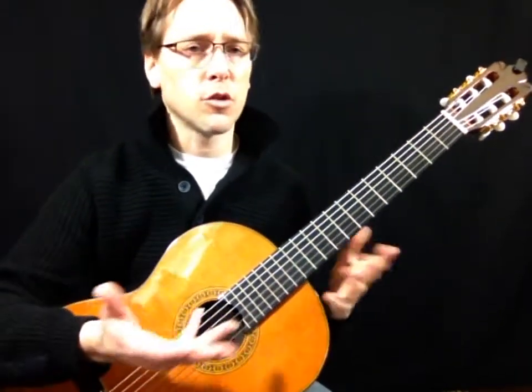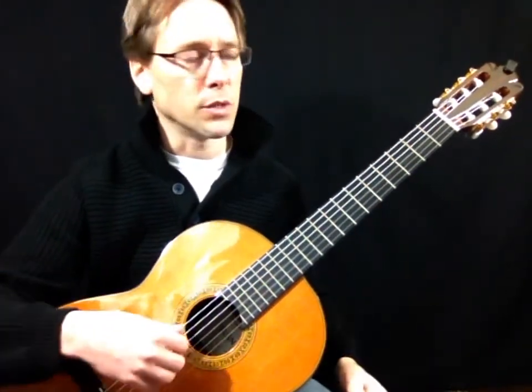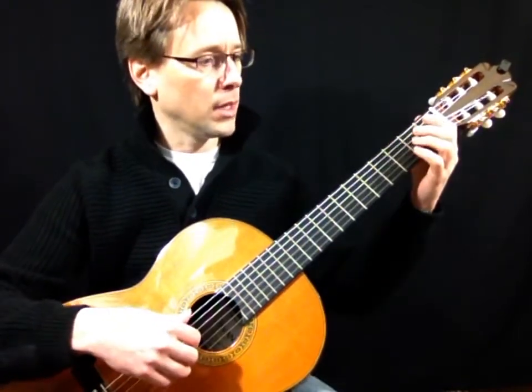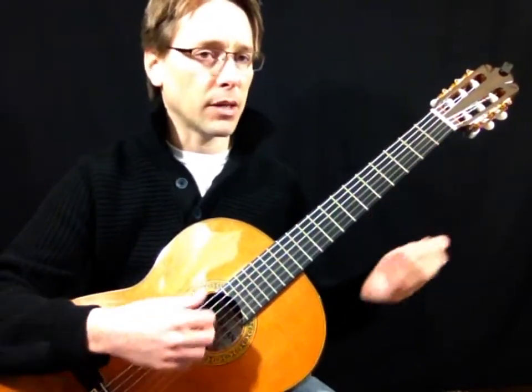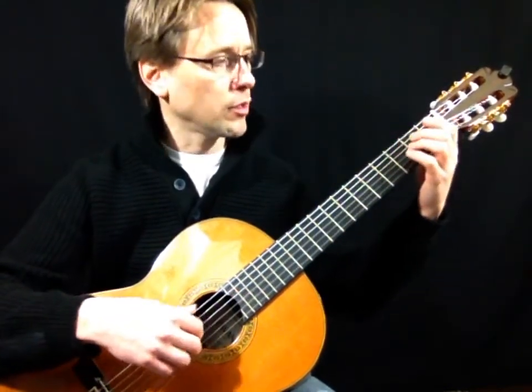So again, it's not super hard, but it sounds really nice if you speed it up a little bit, and everybody knows it, and it's such a nice little famous song to play. It's a good warm-up, and you want to try to use dynamics and things like that once you get all the fingerings down, especially on that part that goes...